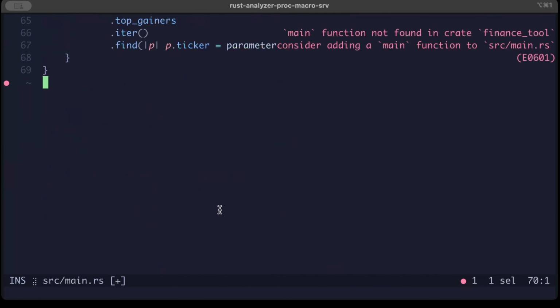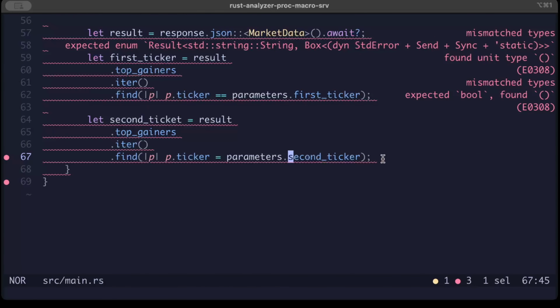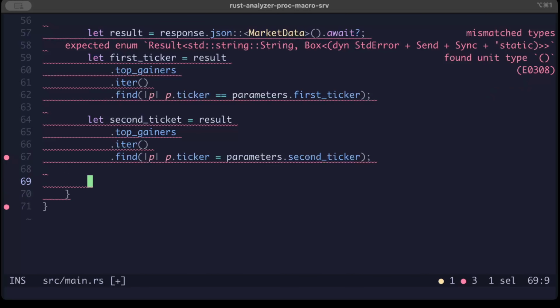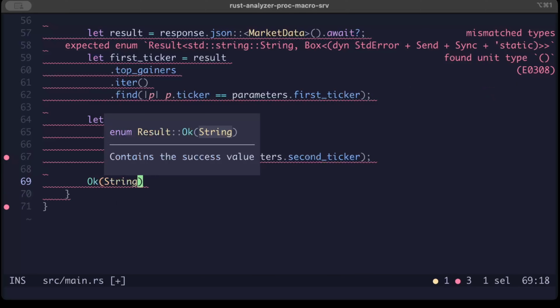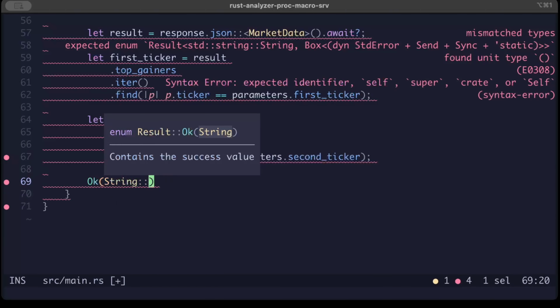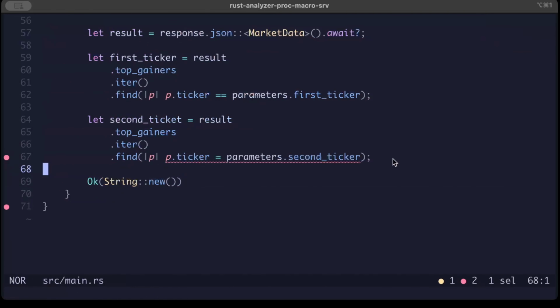Write this. Okay, because we are not returning anything, it's just giving us an error. Let's for now just do this so we get rid of this. Okay,